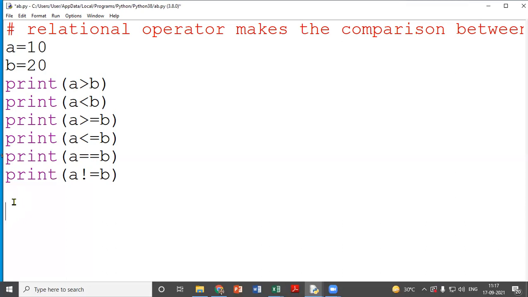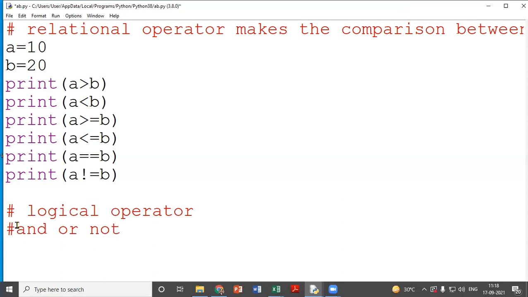And the next category of operator is logical operator. In this case, you need to study and, or, not. If you want to connect two conditions, and or or will work.